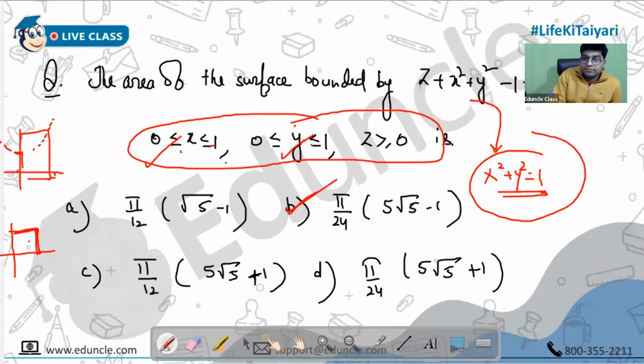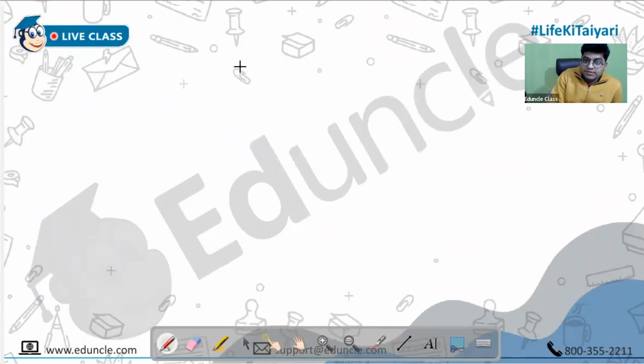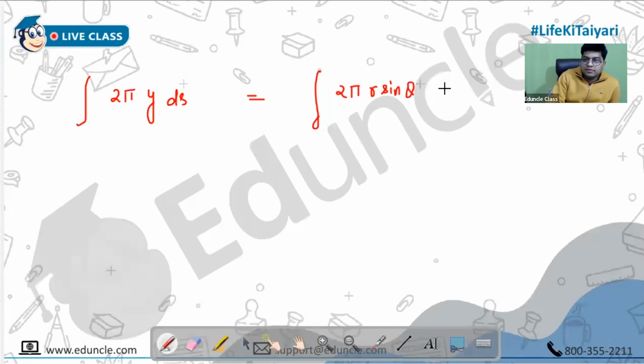This is the polar form of this. Till now we have discussed 2 pi y ds. If there is a changing of axis, like y minus y1 perpendicular, you can do that, but that is extra. But in polar form, how to write it down? In polar form, 2 pi r sin theta: x is equal to r cos theta, y is equal to r sin theta. So that is ds by d theta. Yes or no? Can I write it down? And ds by d theta is,